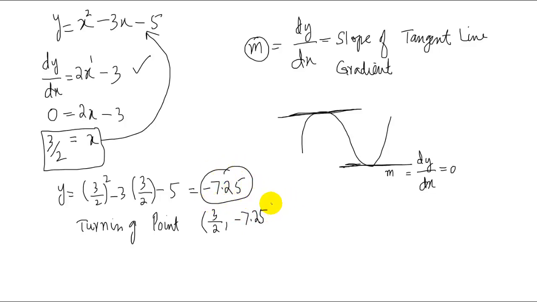Okay, so this is the coordinate of the turning point. I hope you understand how to find the turning point. And we have discussed that turning points are also called stationary points. I have seen some questions in the past paper where the examiner is asking us to find the coordinates of the stationary point. This is the same criteria for a stationary point. Turning point and stationary point are the same. I hope now you understand turning point and stationary point.